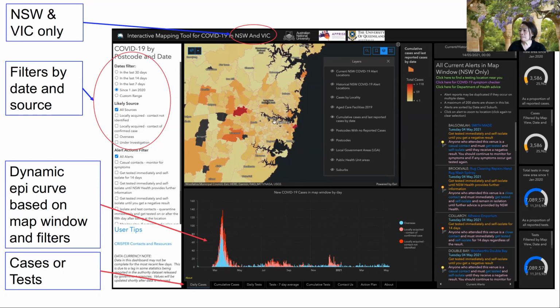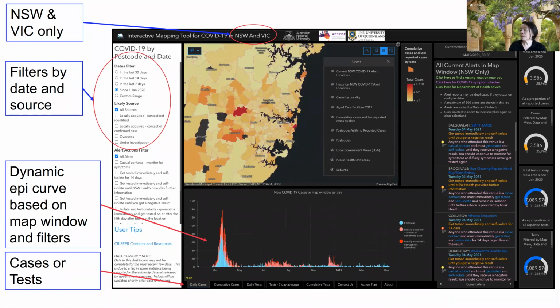So we can filter again by date, by source, and as you zoom in and out of the map, the epidemic curve, which is what we call this in epidemiology, a number of cases over time, interacts with the map. This will change depending on what's in the map window, and various other bits of information such as aged care facilities or exposure sites can be overlaid on this map as well.